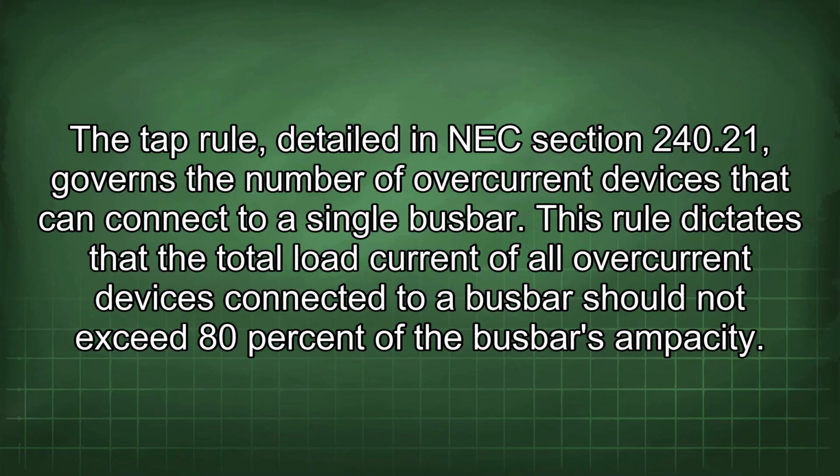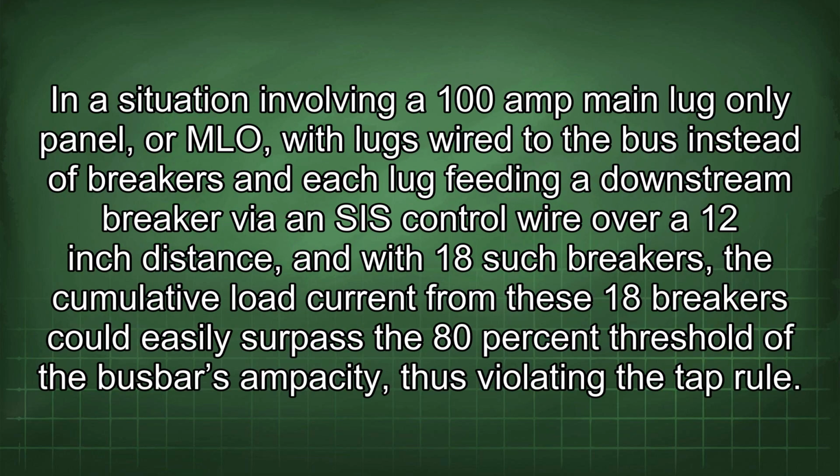The tap rule, detailed in NEC section 240.21, governs the number of overcurrent devices that can connect to a single busbar. This rule dictates that the total load current of all overcurrent devices connected to a busbar should not exceed 80% of the busbar's ampacity. In a situation involving a 100 amp main lug-only panel, or MLO, with lugs wired to